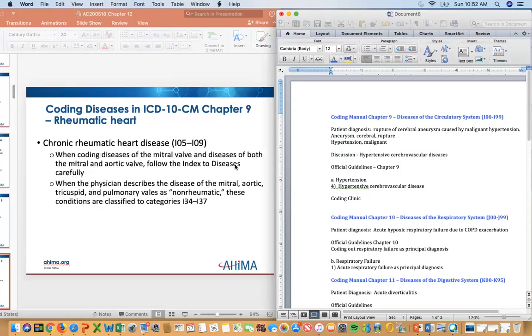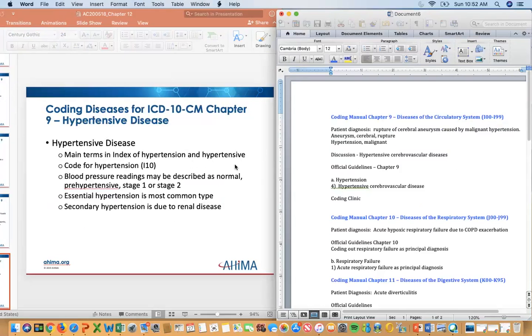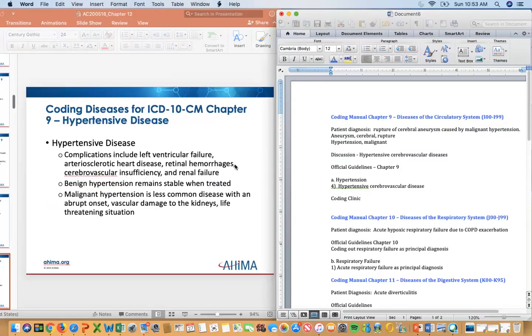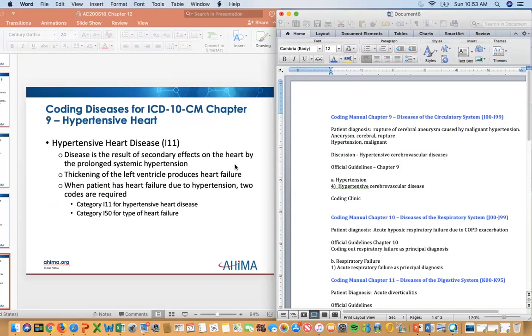Acute rheumatic fever falls underneath this. And we'll just do hypertensive disease, as they said. Make sure that you are familiar with essential hypertension, primary hypertension, secondary hypertension, etc. So they do give you a quick overview, but if you're coding someone out like we are today, my suggestion to you with the rupture of cerebral aneurysm, I would Google what is a cerebral aneurysm, or just put aneurysm cerebral, and then